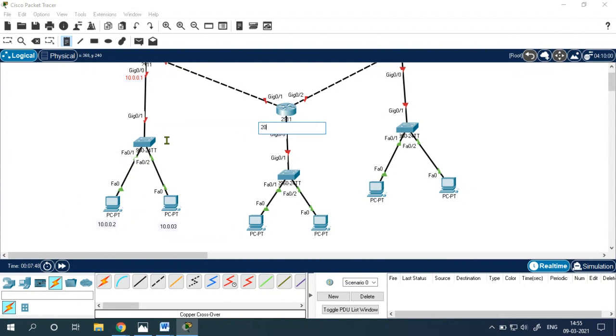So here it is 20.0. Let it be this. And the IP for this PC, this is the second node in the network, third node in the network. Let me make it visible. This is for gigabit Ethernet 0/0.